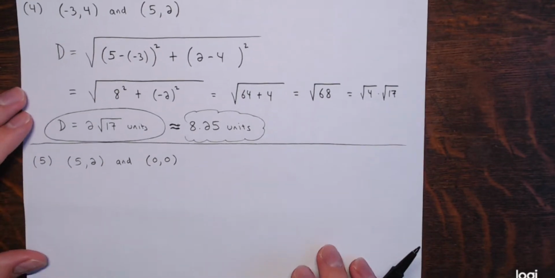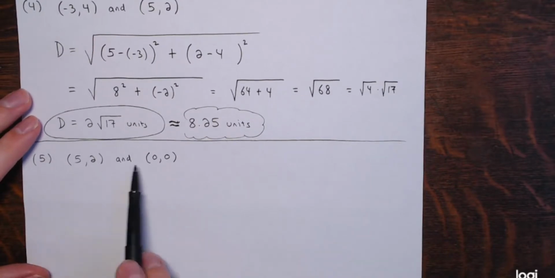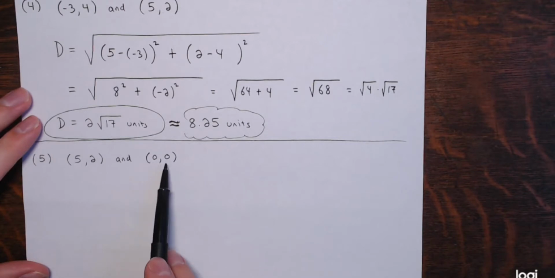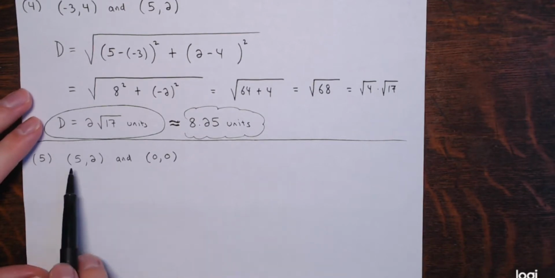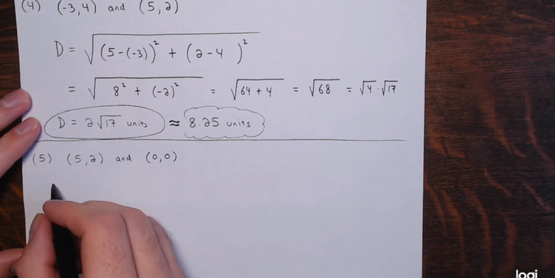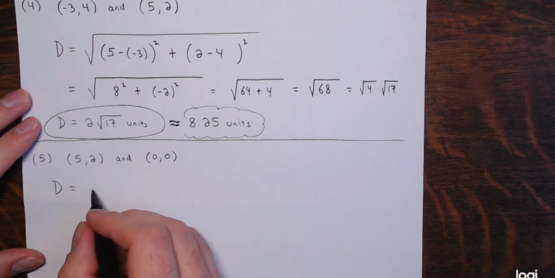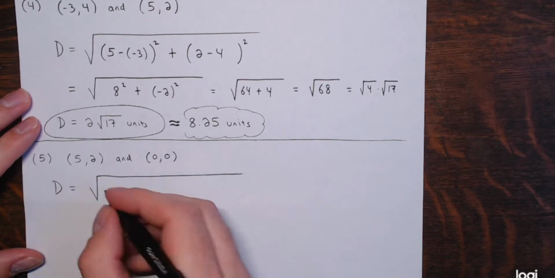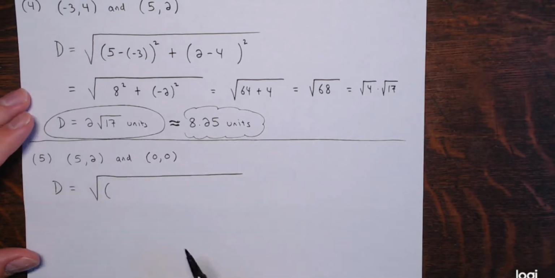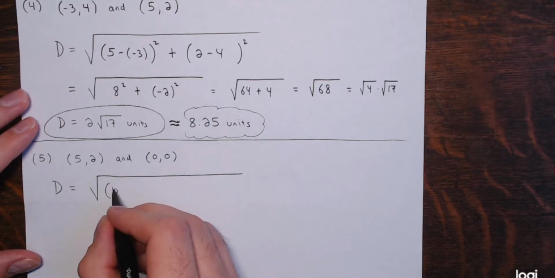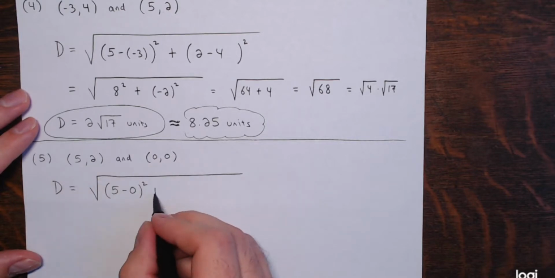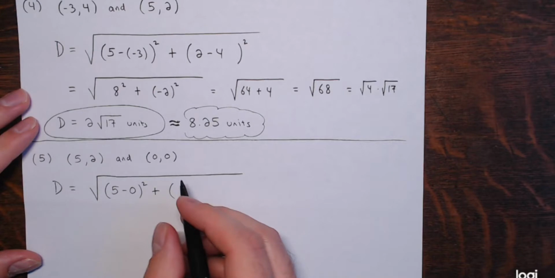And then my last example, this one's a real simple one, because one of the points is the origin, (0, 0). So really, we're just going to square this x coordinate and square that y coordinate, add them up, and then take the square root. We'll see. So the distance between them, d equals, again, a big square root, and then in one set of parentheses, this time I'll do 5 minus 0, just because 0 doesn't mean anything when I subtract. So subtract the x coordinates squared, plus, and then in the next set of parentheses, subtract the y coordinates,